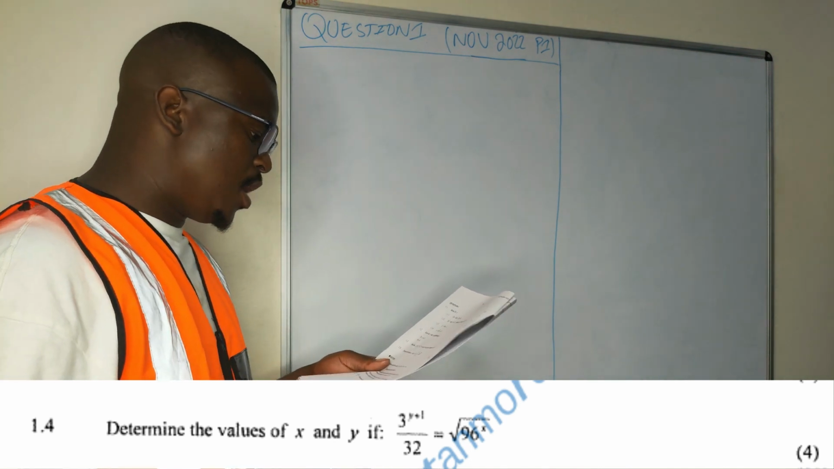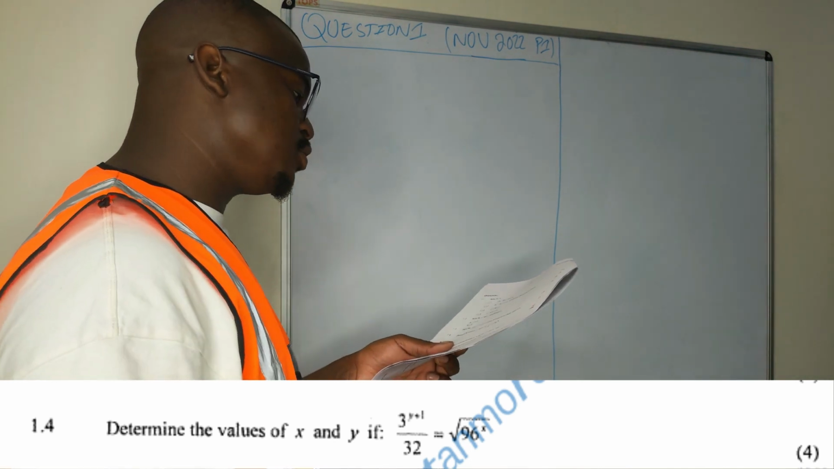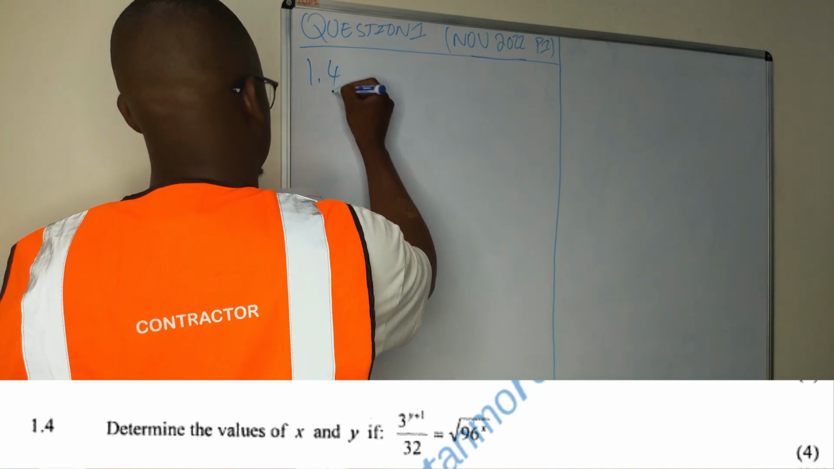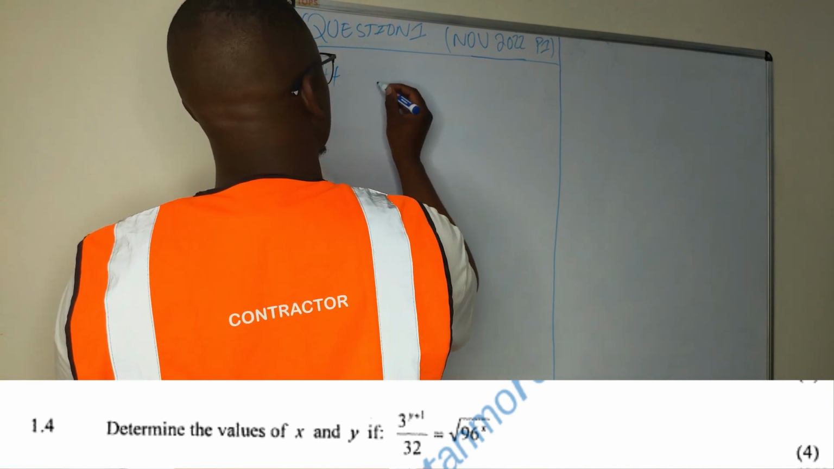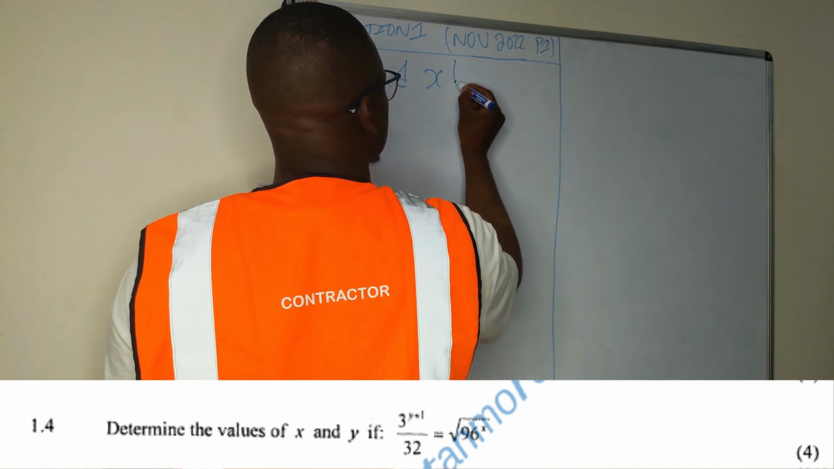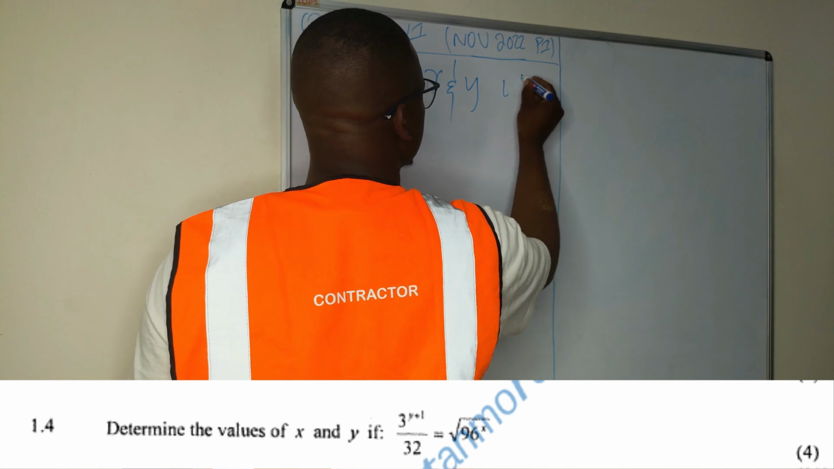Okay. 1.4. Determine the values of x and y. So determine the values of x and y. They're like, find x and y if